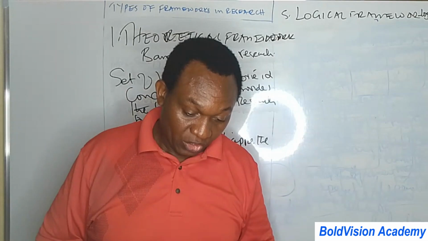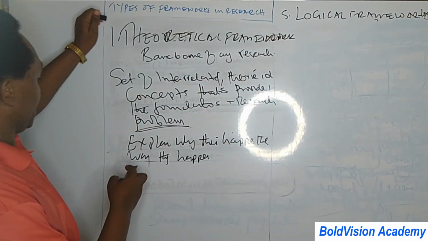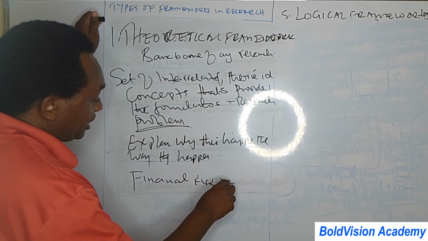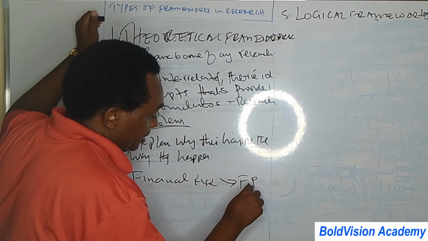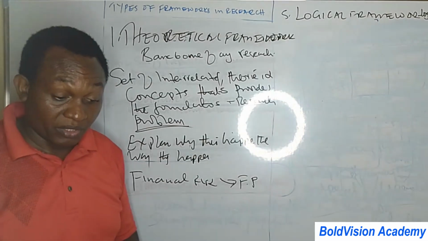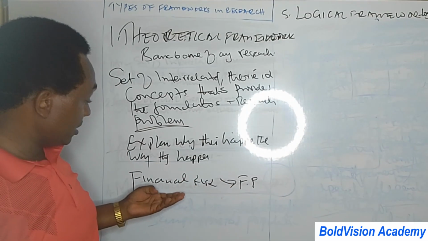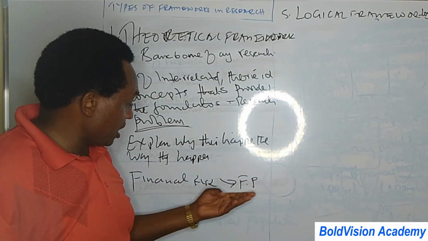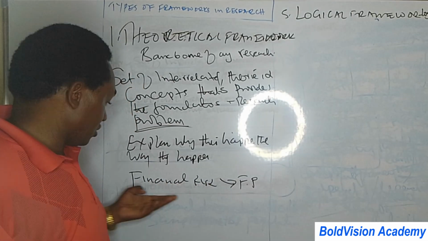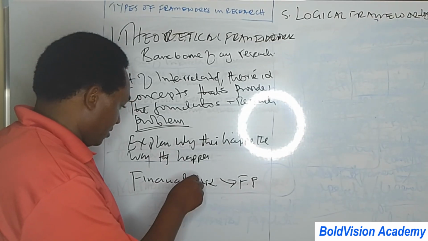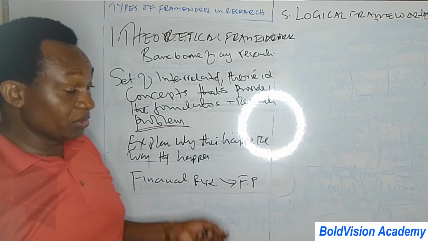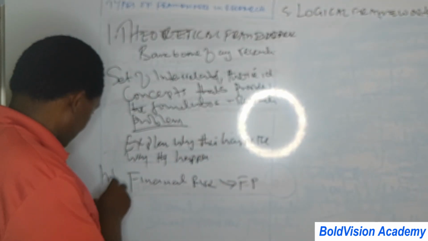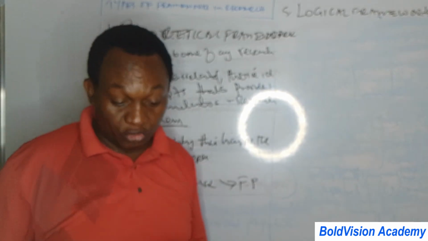Basically, for the example that we are dealing with, we are looking at the financial risk against the financial performance of an organization. So you need to provide a theoretical foundation where your work is based, or where your variables are based. What is the foundation of your variables, for example, financial risk and financial performance? How are they going to influence and affect the financial performance?